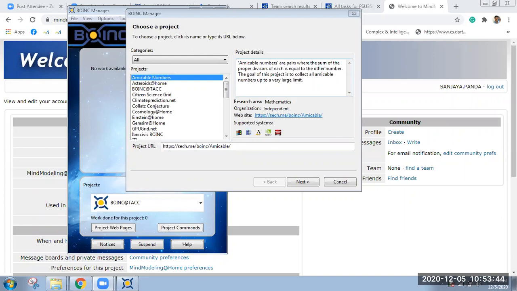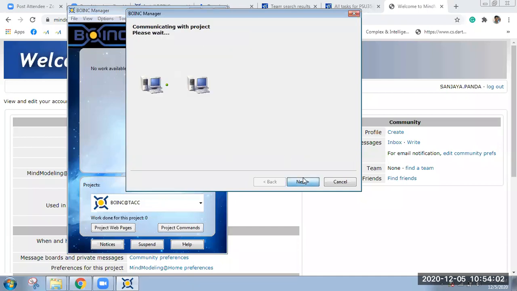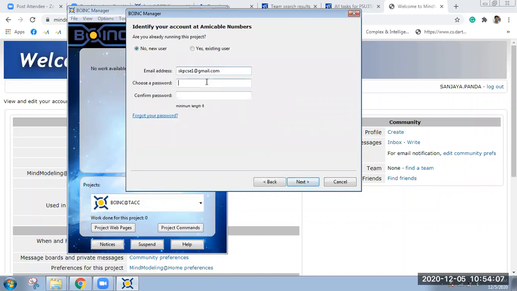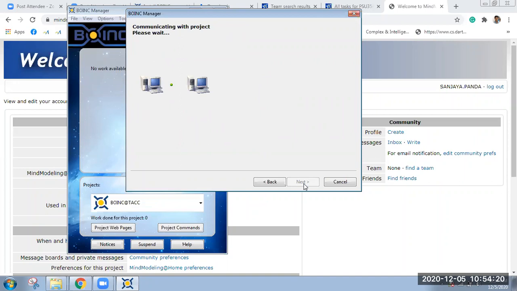So try to add at least 5 projects. All of you please add 5 projects. If they assign some work, then we can explore other things like fault tolerance aspects. We can easily explore from here, right? So try to add as many projects as possible. Later you can uninstall it. There is no problem, no need to worry. If you don't want to keep BOINC in your computer system, that's fine. But for illustration purposes, try to install as many as possible. Then you can uninstall it.